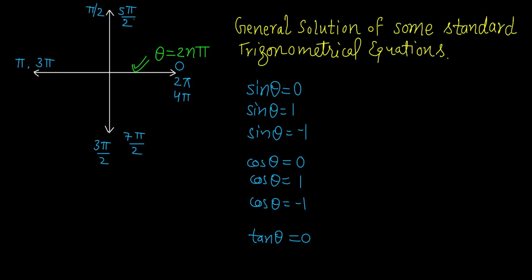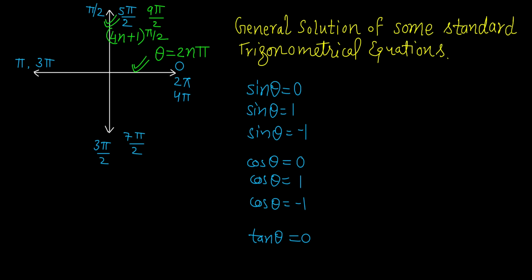Similarly, this line you see that it is pi by 2, 5 pi by 2, or next time what you will get, 4 pi plus pi by 2, right? So it will be 8 plus 1, you will get 9 pi by 2, and like this. So in general if you want to write the angle for this line separately, you can verify that it is actually 4n plus 1 times pi by 2. If you put n equal to 0 here, it will be pi by 2. If you put n equal to 1, this becomes 4 plus 1, 5 pi by 2. If you put n equal to 2, you get 8 plus 1, 9 pi by 2. So you get all the angles.